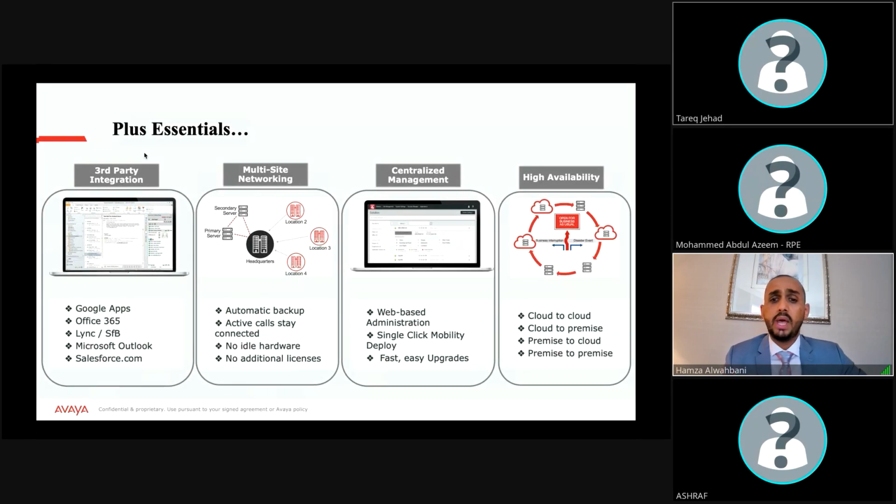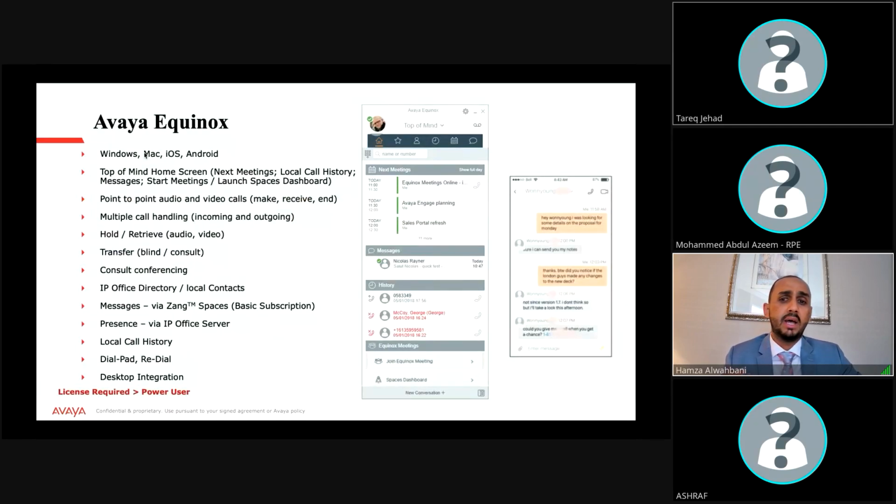Okay, today Avaya works with only one application. This application serves as a soft phone, as mobility, and as UC functionality. With this application, you can do your audio call, video call, check your calendar, and make chat. The name of this application is Iconics or Avaya IX Workspace. This application can today work with IP Office or Aura. You can install it on any of your mobiles or laptop.